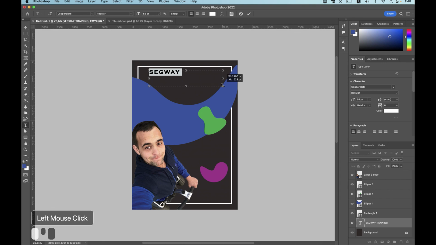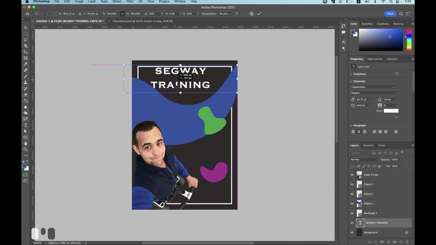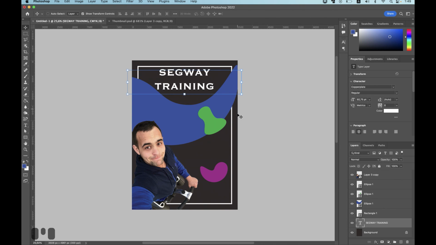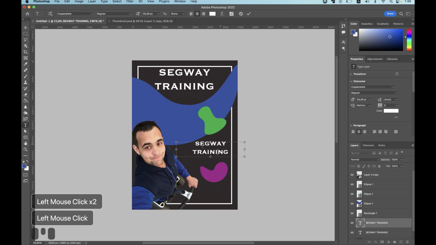Make it bigger and change the size, 16. Let's align it in the center and hit commit. Now we can change the size of it and let's align it in the middle and hit commit. Let's add more information. Ctrl C or Command C and Command V or Ctrl V, and let's make it smaller and commit it. Type tool, click on that.